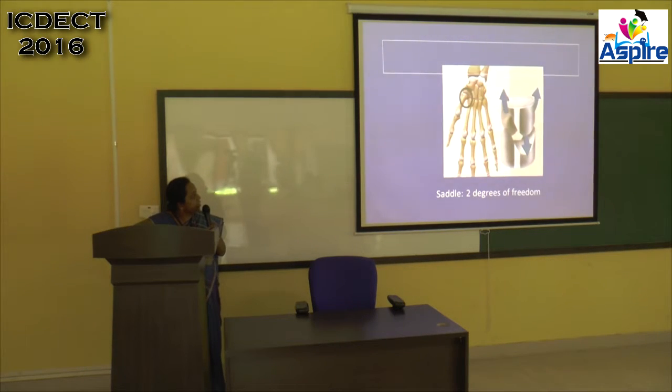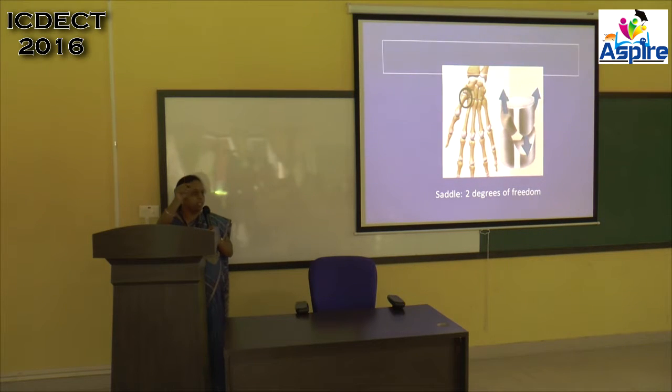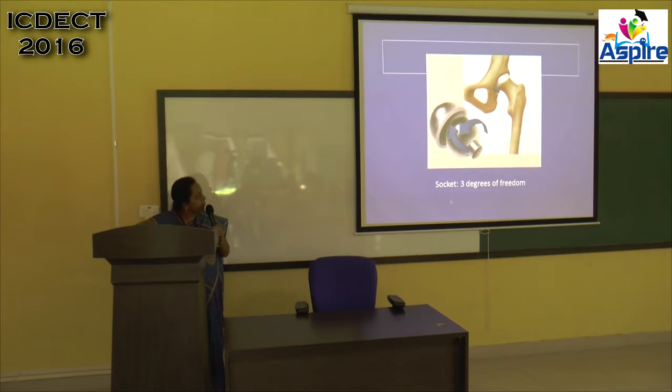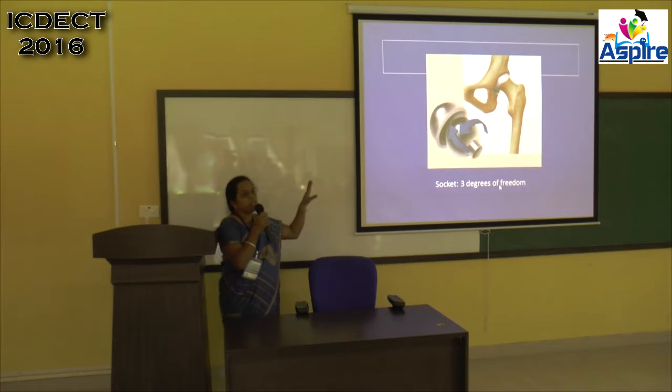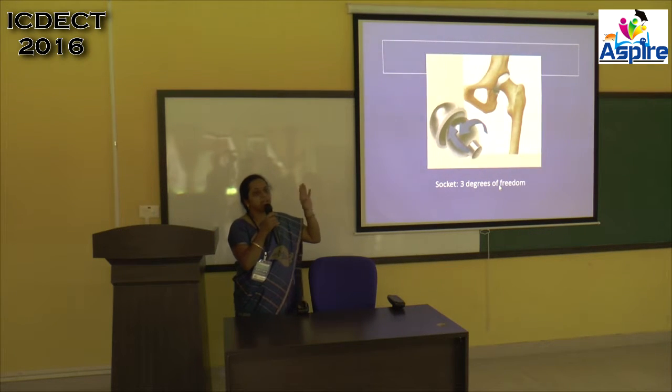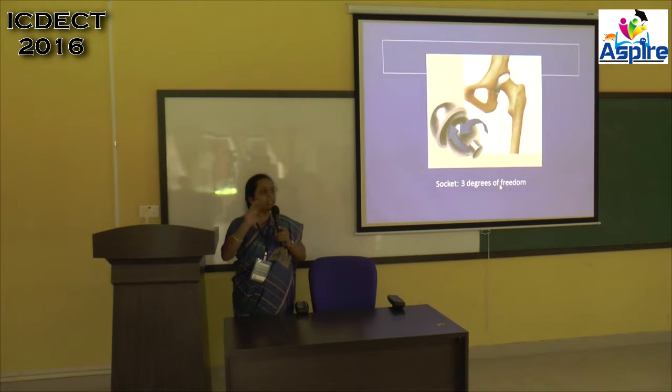So this is the example of 2 degrees of freedom as I told you in the finger. If there is any crack, you can have the replacement by this particular joint. Now this joint is mainly based on kinematic chain applications only. Here also, this is the knee joint. Here you are having 3 degrees of freedom, 3 circular rotations. How can you imagine this? You can imagine it as the side mirror glass of a car, which has 3 degrees of freedom, 3 rotations in 3 axes.